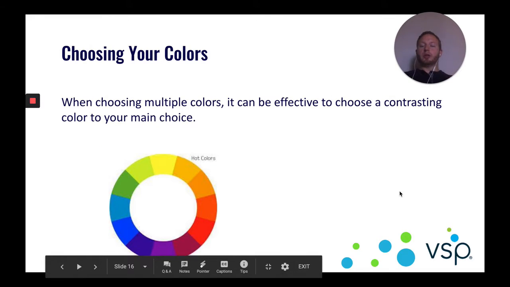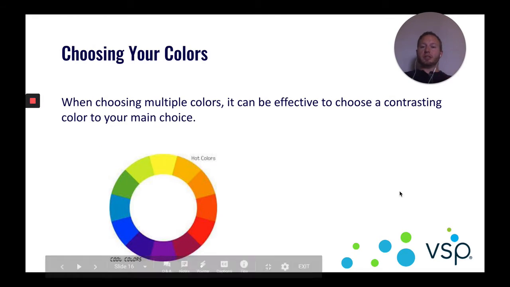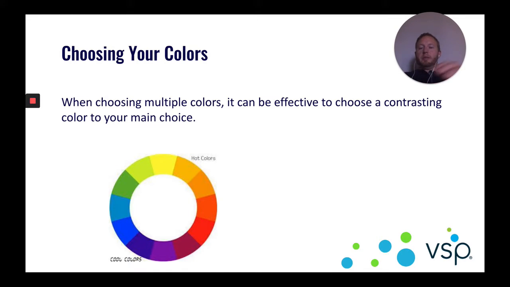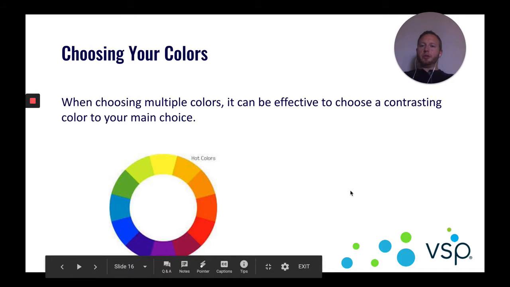Now, when you're doing multiple colors, it can be effective to choose contrasting colors. So when you look at the color wheel, you may choose a blue, and then maybe a contrasting color would be an orange or a red. A lot of people pair blues and greens together, a little bit more similar, but when you look at contrasting colors, it's great because it actually stands out when patients are looking. And you think about signage and exterior signage, and it's not just what's on a website, it's also when people are driving by on the street, what is going to attract their eye to your logo versus every other sign that they're driving by. Those are the things to keep in mind when you're choosing your colors.